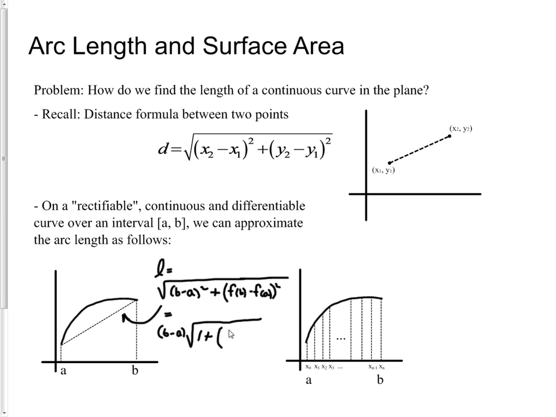We're going to get a quantity that looks like this: f of b minus f of a, over b minus a quantity squared. Well, what could we say about that? It's sort of an interesting notion right here, because this quantity should look maybe a little bit familiar to you, in that you recognize that when we have 2 points on a curve,